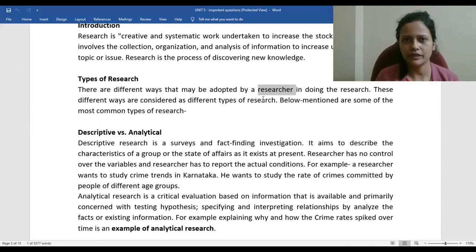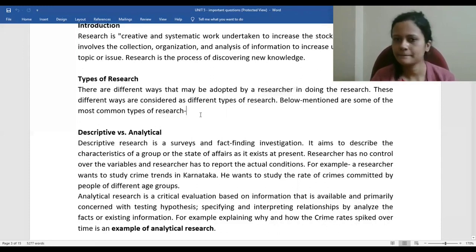It's not like research is something high level. Even students are doing research while writing their assignments, while submitting their dissertation and all that stuff. That is also nothing but research at a smaller level. Maybe we are completing it within a day or maybe in 2 hours. That still is research which we are doing. Okay, depending on different levels.